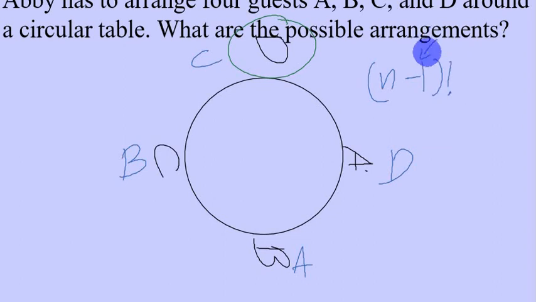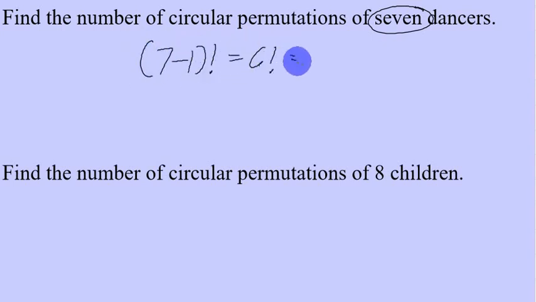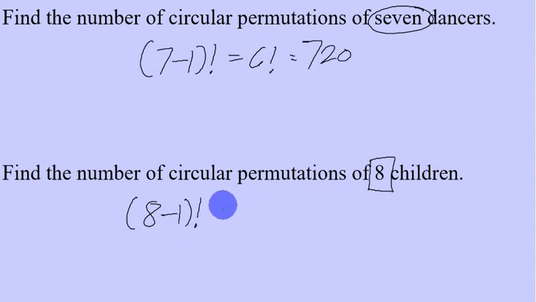So let's have some examples. If we are asked to find the number of circular permutations of 7 dancers, all we need to do is find 7 minus 1 factorial, which is 6 factorial, which is equal to 720. If you want to find the number of circular permutations of 8 children, then all we need to do is find 8 minus 1 factorial, which is 7 factorial, which is equal to